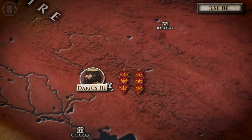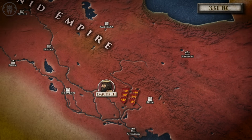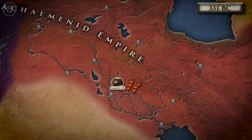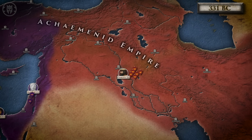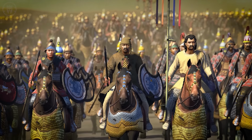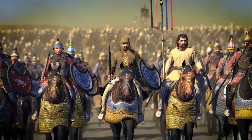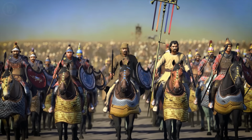In the Achaemenid heartland, Darius had been using the time since his defeat at Issus to gather a fresh, even more numerous force to throw Alexander back. This army was made up of a multitude of peoples from every realm of Asia still under Persian control, including India, Scythia, and Bactria. Predominant among the Persian aristocracy was Bessus, governor of Bactria, who not only brought to bear a powerful force, but also possessed kingly ambitions. The stage was set, and the curtain was about to rise on the final great battle between Macedon and Persia,